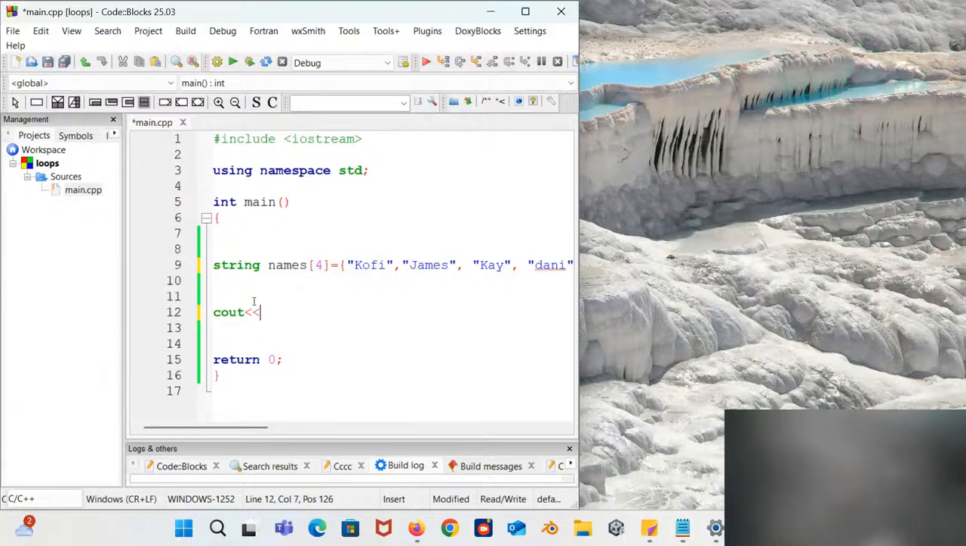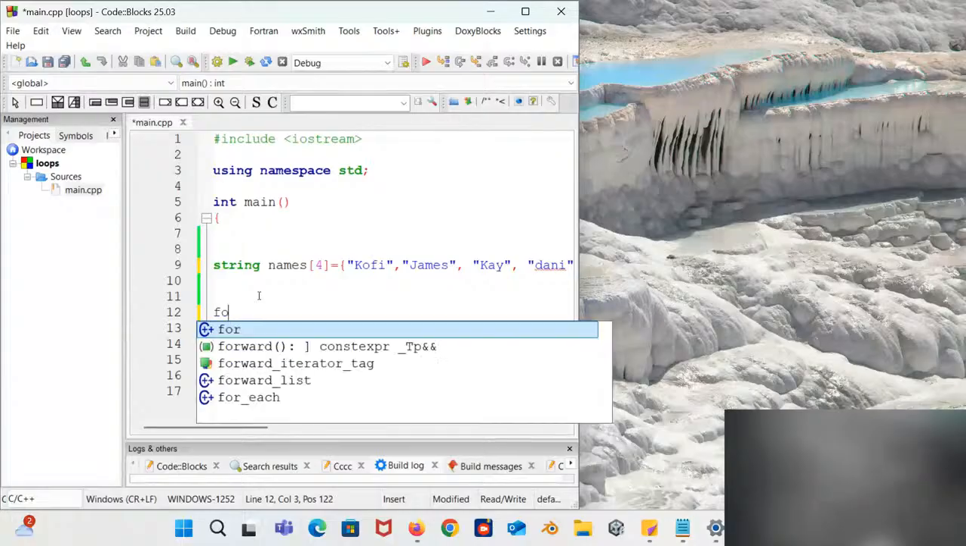Okay. Instead of saying cout names and then names 1 and all those things, instead of doing that, and then coming down to say cout names index number 2 and all those things, you can make everything simple by using what? The for loop to print out the elements in the array. How do you do that? You just have to type the for loop, right? The syntax is saying for,